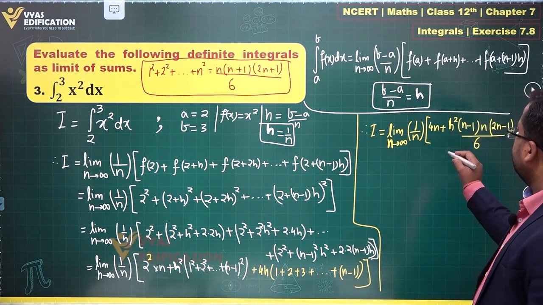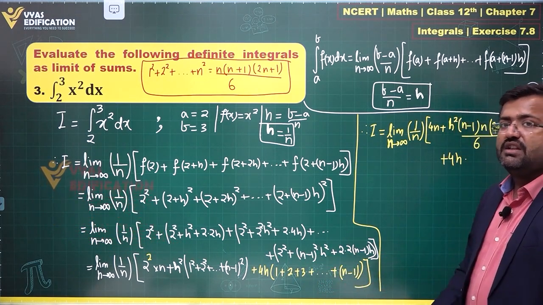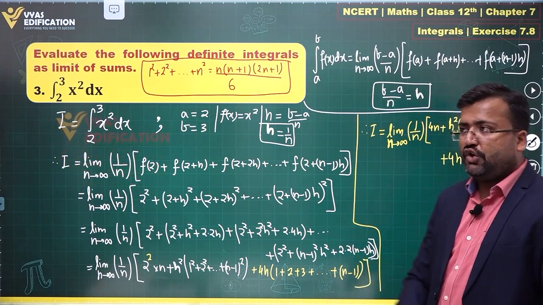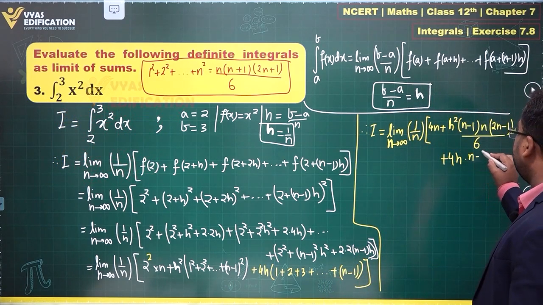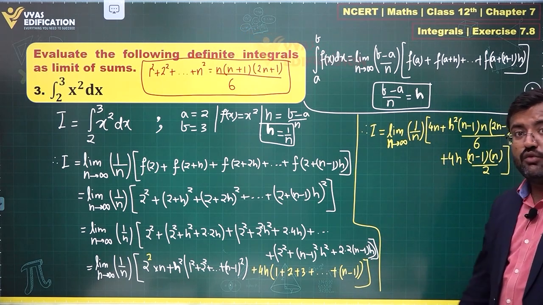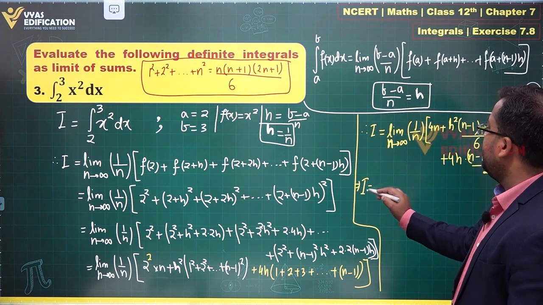What about this third? This is 4h times the sum from 1 to n minus 1. The sum of first n natural numbers is n times n plus 1 upon 2. So this becomes n minus 1 times n minus 1 plus 1, which is n by 2. This is what you get. Is that okay? Yes. Now, this tells me I is equal to limit